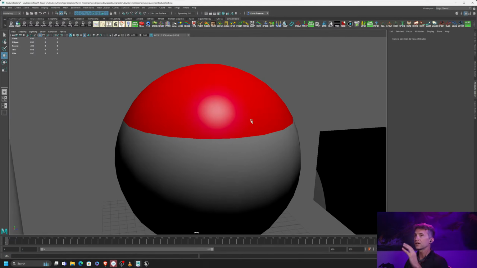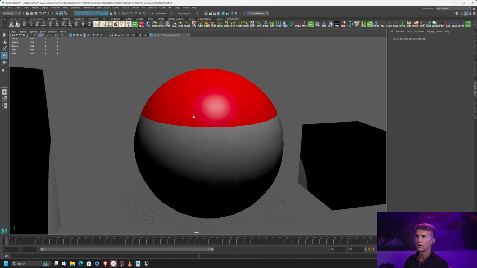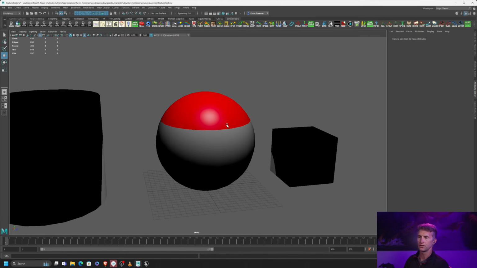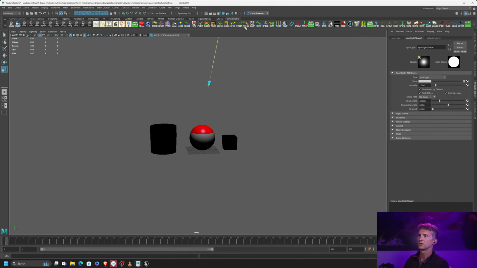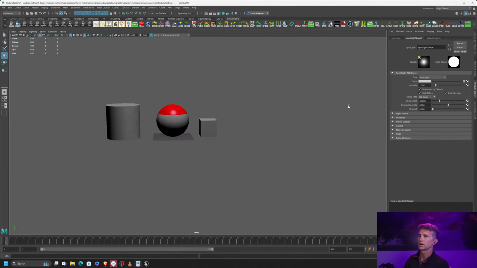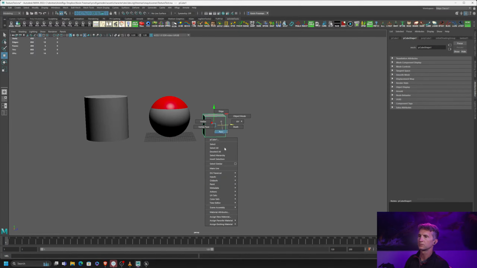This is, once again, yet another piece of the symphony that we are juggling when we determine what the final color of our actual sphere is in this case. This shading model changes based on whether or not the object itself is smooth or rigid or whatever. So for example, if we take our spotlight and open it up, we need a spotlight to demo this. If I assign this red material to the cube,